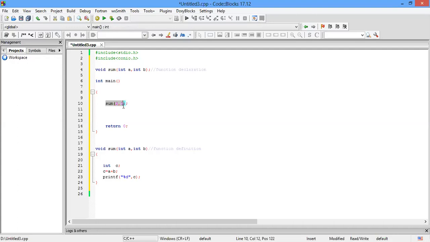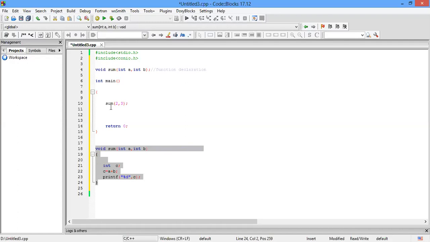Then it will see that there is a function whose name is sum, and its parameters are two integer values, first one is 2 and second one is 3. So whenever you call this function, your compiler will directly jump to here, the function definition. So after calling, your function definition will be executed.